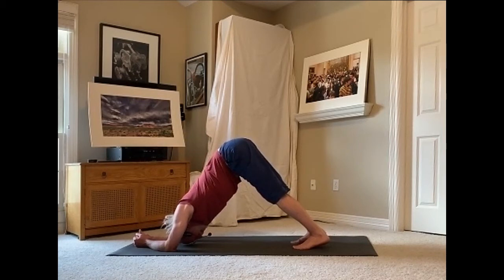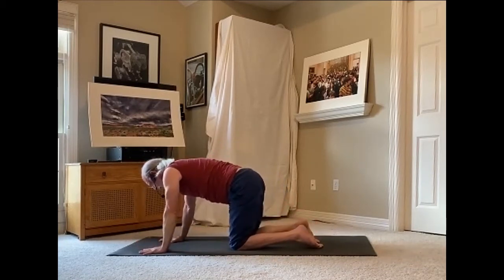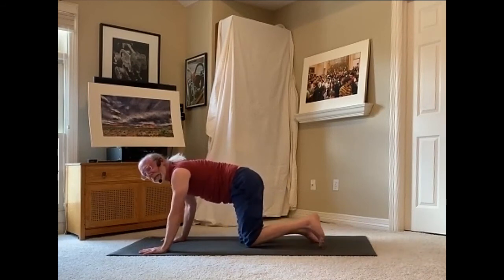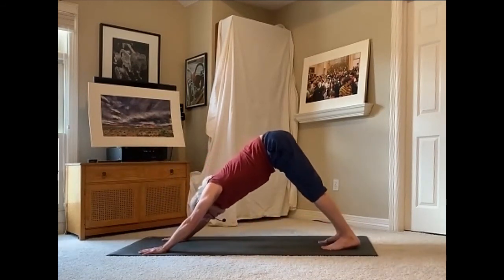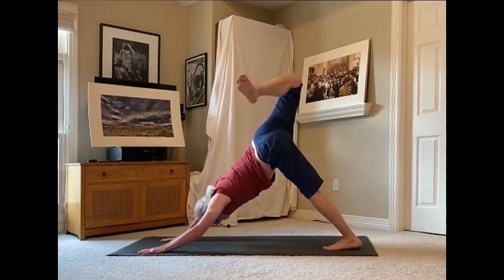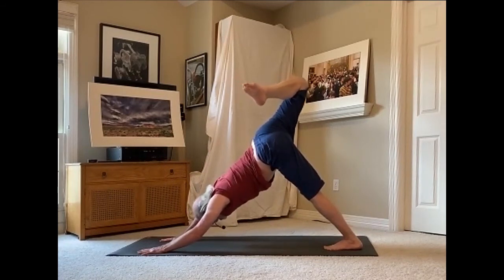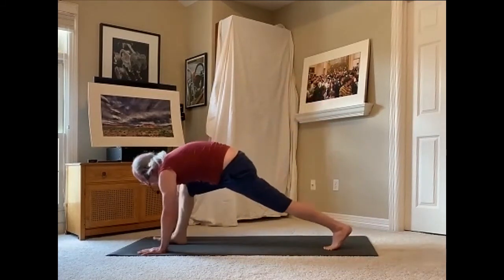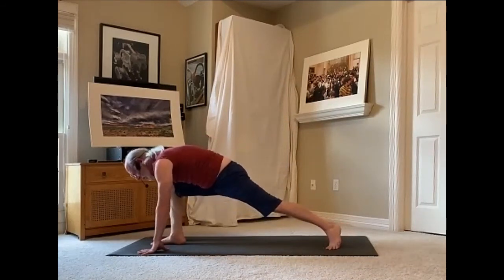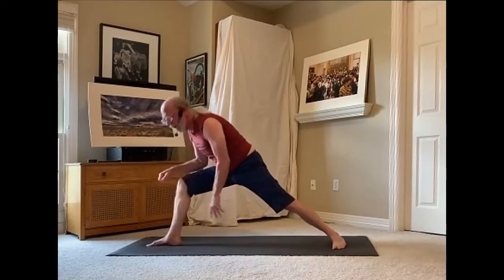Breathe one more time. Now bring the knees to the mat, come up onto the hands so the hands are below the shoulders. We're back to table pose. Now tuck your toes and let your hips rise into downward facing dog. On an inhale, reach the right leg high, three-legged dog, second time on this side. And then step the right foot all the way forward so it ends up between the hands. Spin your left heel to the mat, anchor into the pinky toe of the left foot, and rise to Warrior